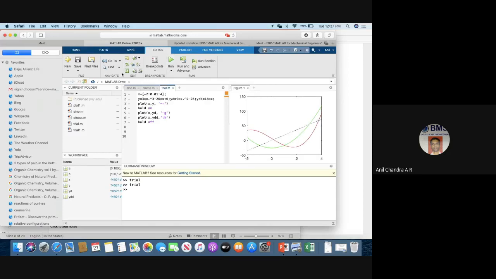So what I should do now, for our understanding purpose, is comment all these lines. This is the command which will not execute. I'm not executing this line. So it came here and plotted. It came here till plot and plotted this line. Then it said hold on, and then plotted.